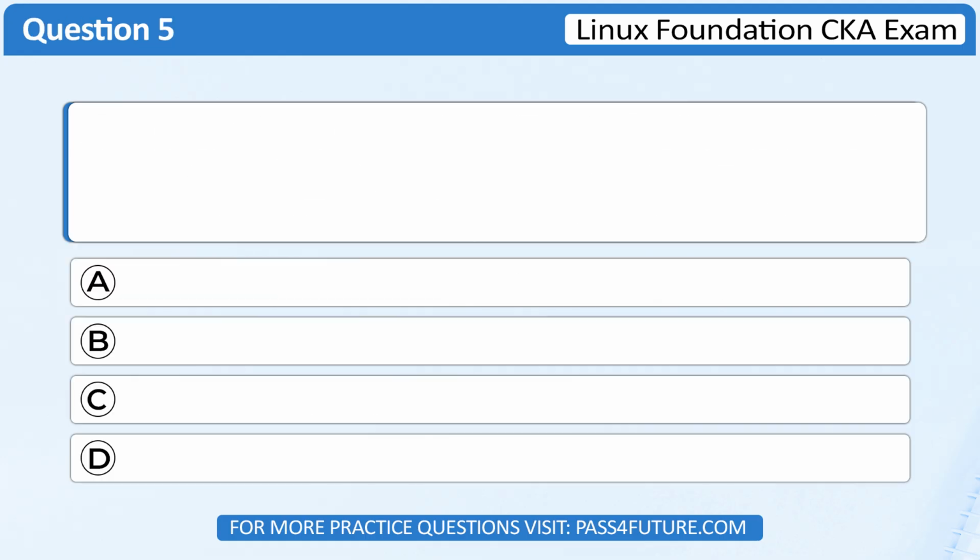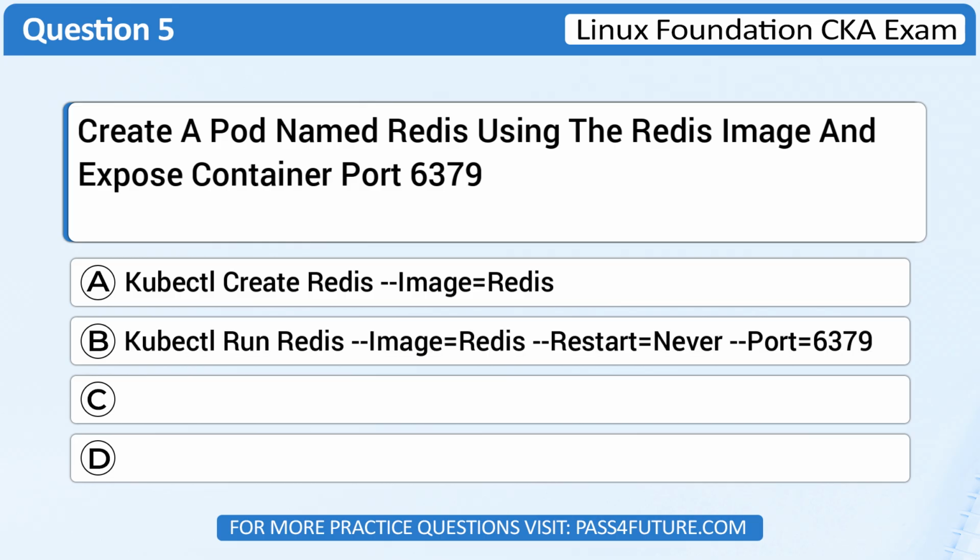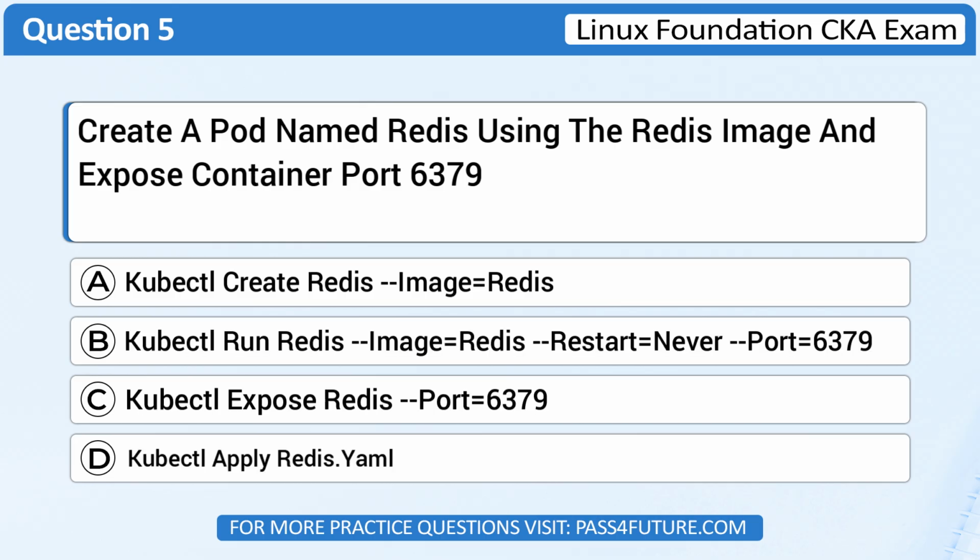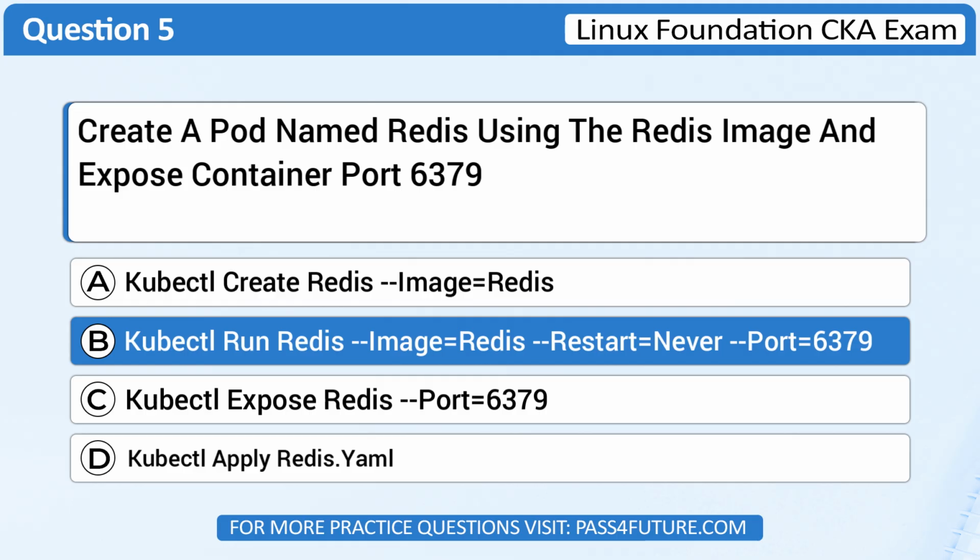Question number 5. Create a pod named redis using the redis image and expose container port 6379. Correct answer, B. kubectl run redis --image=redis --restart=Never --port=6379